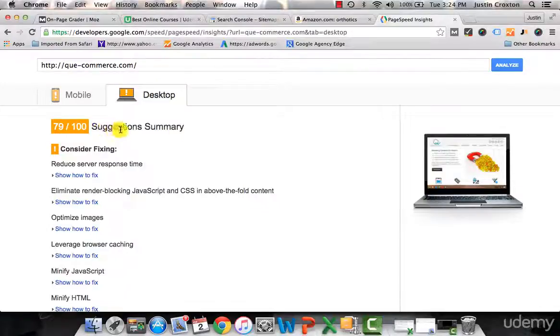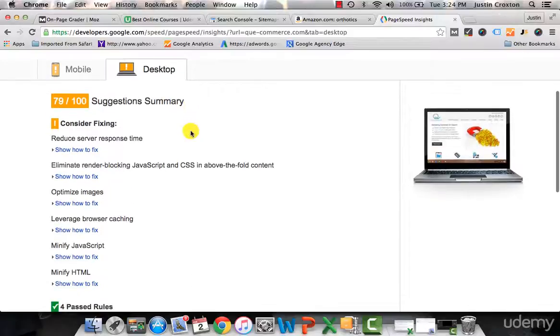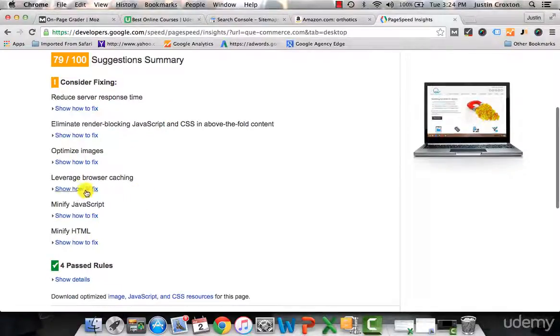So actually a 79 really isn't that bad. It's actually pretty good, to be honest with you. So they talk about reducing your server response time. That can be an issue, eliminating render blocking JavaScript. So this is around minifying your JavaScript and CSS files so that it's a lot easier for the bots to access them all. Optimizing images, that's always a big one, leveraging your browser caching